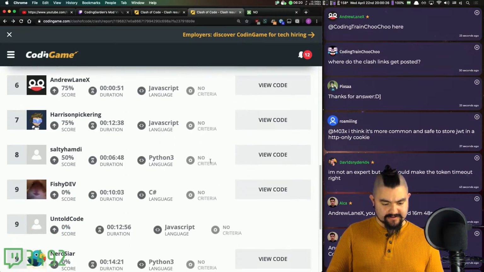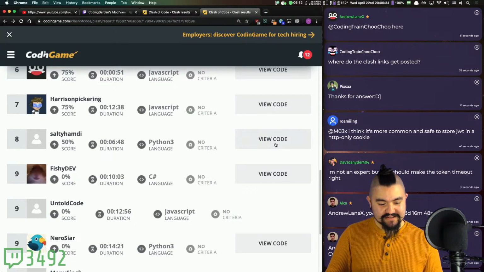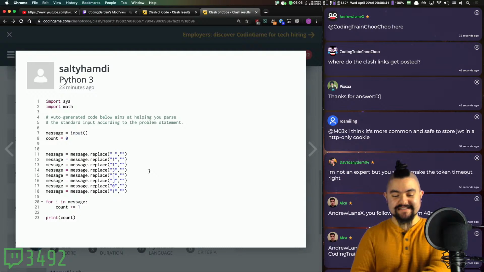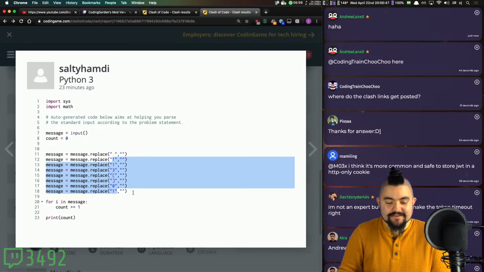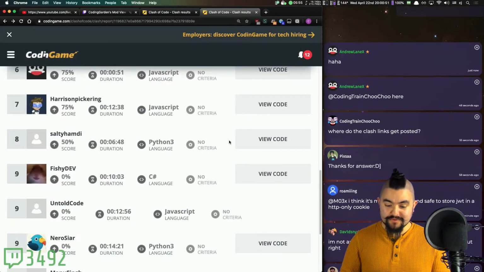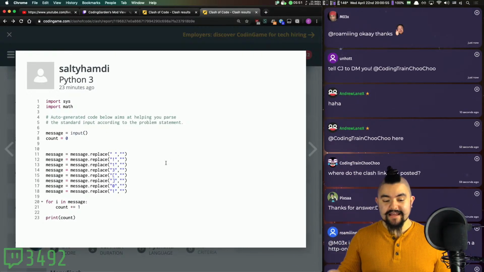All right. Salty only got 50% in Python. Actually, I'm going to close this. But thanks for joining me in that. Salty got 50%. Interesting. This is an interesting way to go about it. So instead of using a regular expression, they have just done a string replace on all of the special values that were in the test cases, which is fine. I mean, they got it right 50% of the time, but when you click submit, it runs it against more tests. And so those tests